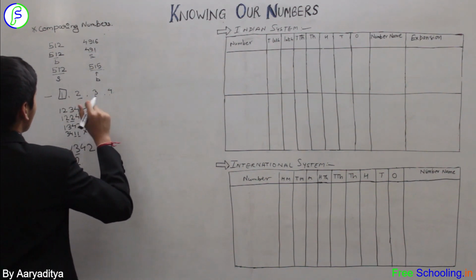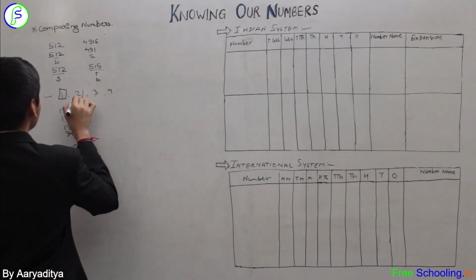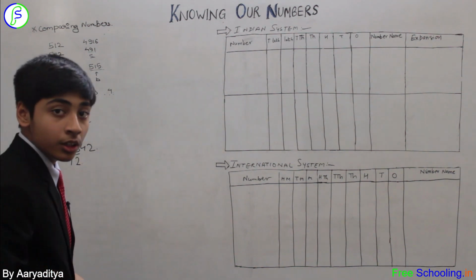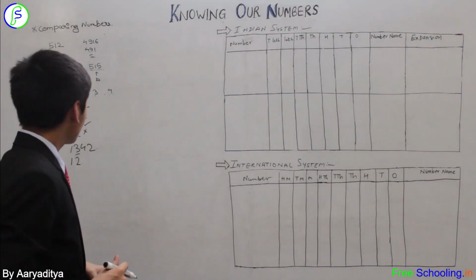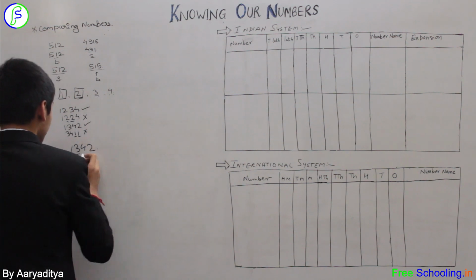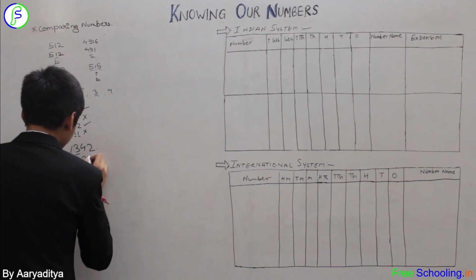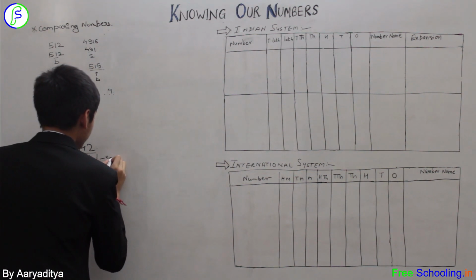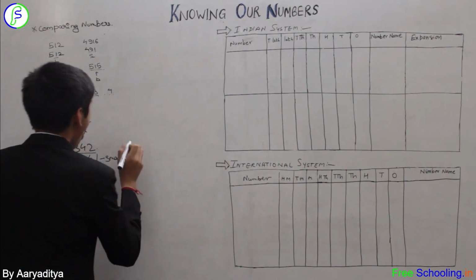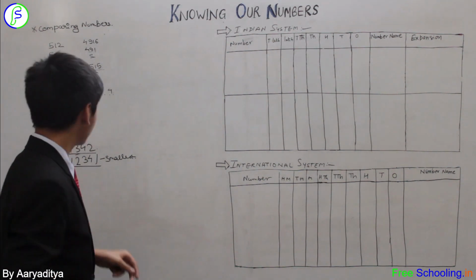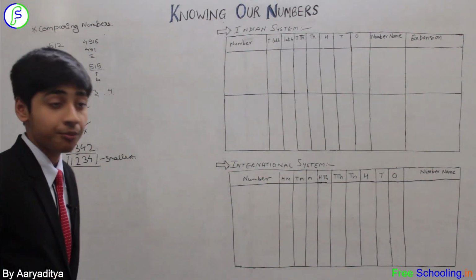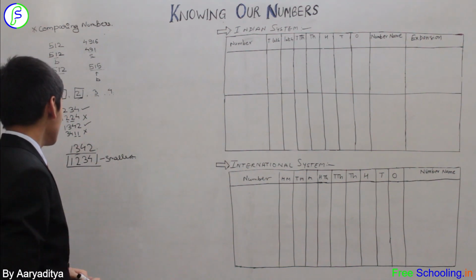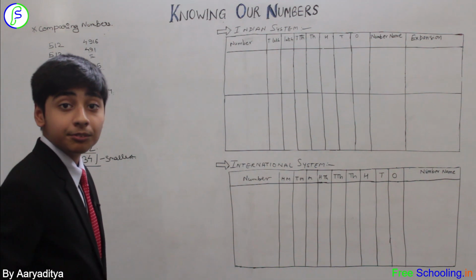So now what about the third digit? Will it be 3 or 4? Let us think that 2 is also eliminated. What are we left with? 3 and 4. Which is the smaller among them? The smaller among them is 3. So we would place 3 and at last we would place 4. So this one is the smallest among all the numbers that would be formed by the given set of digits 1, 2, 3 and 4.